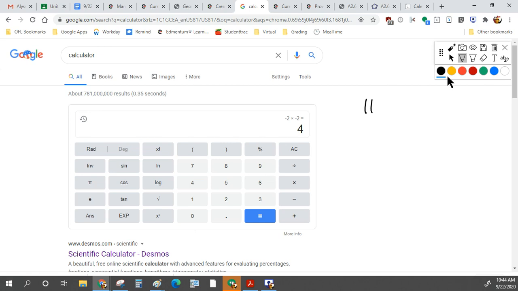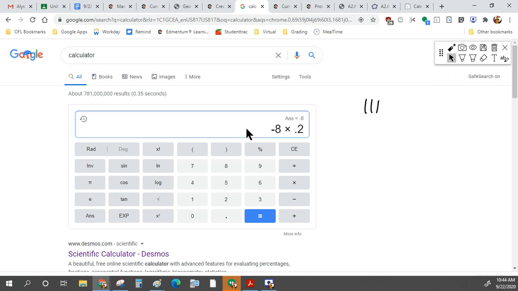And I'm going to do times -2. So now I've used 3 2's, times -2. There is an easy way to do this using logs, but you don't learn that until pre-calculus. So that's why I haven't used it yet. So now we're at 4